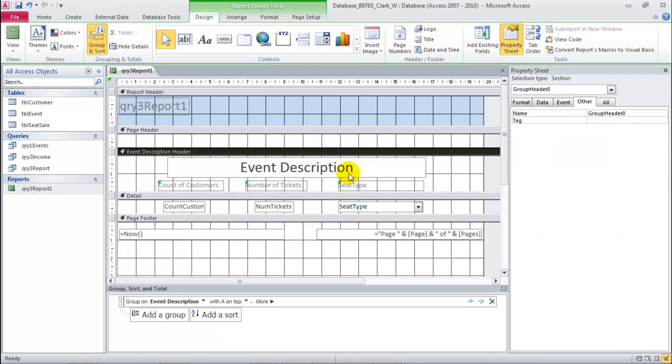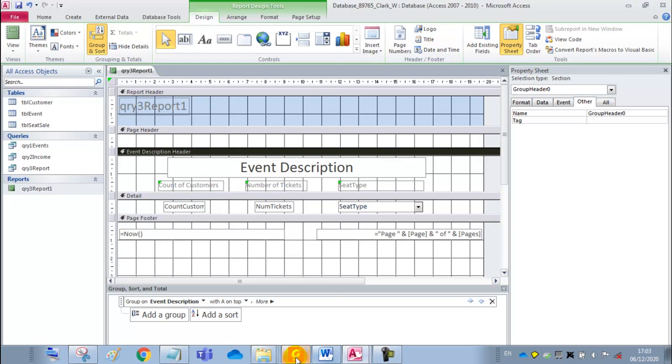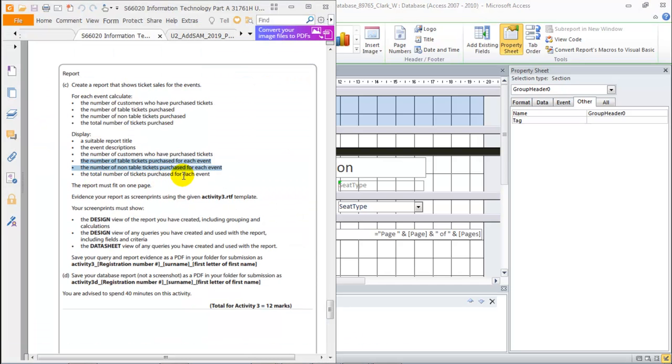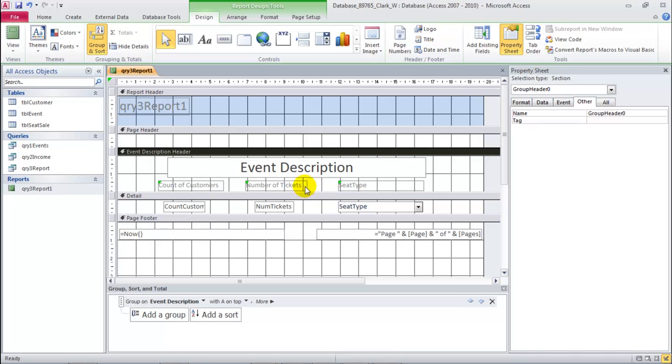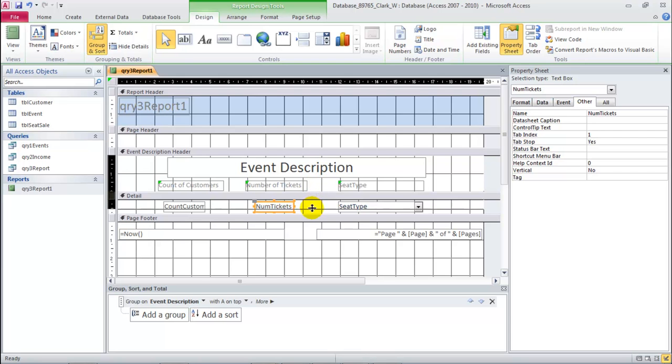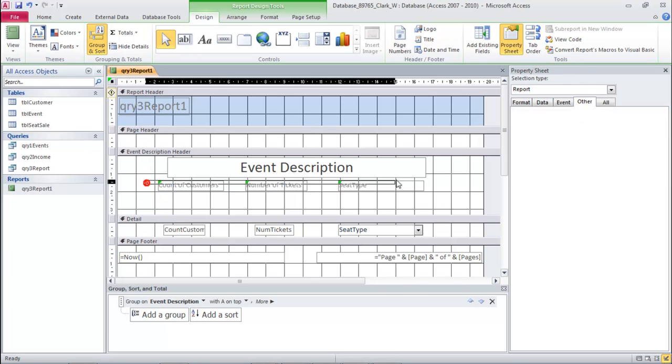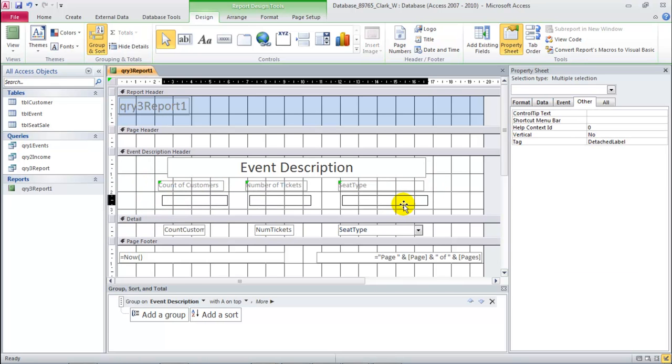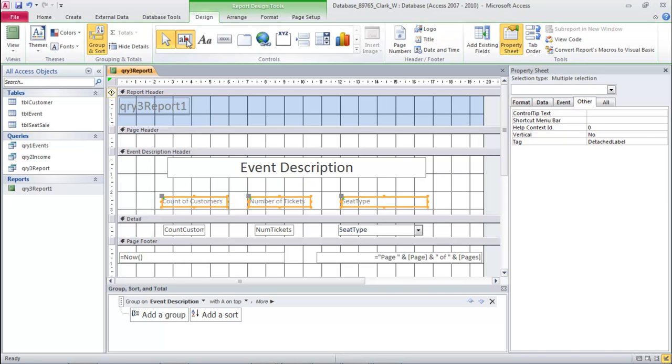We have everything, but we don't show summaries of number of tickets, the total number of tickets purchased, and the number of customers who purchased tickets. So we could submit this like this, but we're going to miss points because we didn't summarize the customers, and we didn't summarize the number of tickets. So up here, not as a detail, but in the header, we can create 2 new fields, one that says